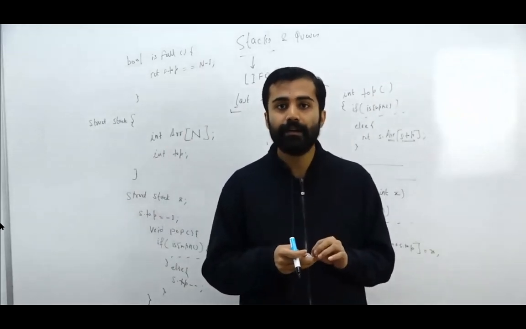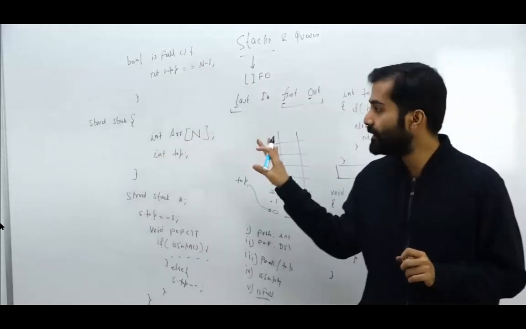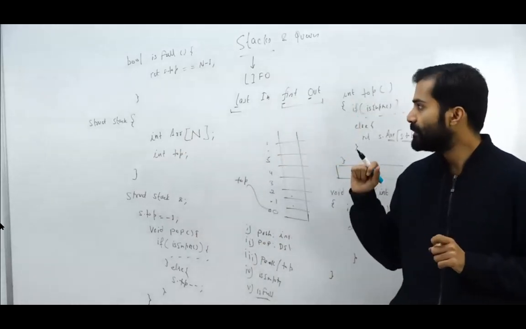Now, in that, people try to do random things. So you don't have to do random things. You have to make use of these operations and then you have to implement that. So I'll come to that. But before it,